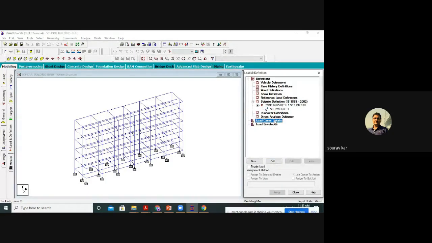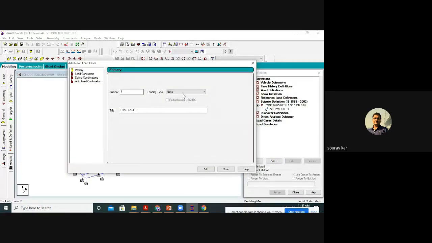Okay. Now we will start with the load case details. Always remember, whenever we go only for dead load and live load, it is dead load and then live load. But whenever we are discussing the seismic load, in your model you can study seismic load, wind load, dead load and live load, 4 critical cases. But always remember, whenever we consider seismic loads, we need not consider the wind load, and whenever you are considering the wind load, we do not consider seismic load.